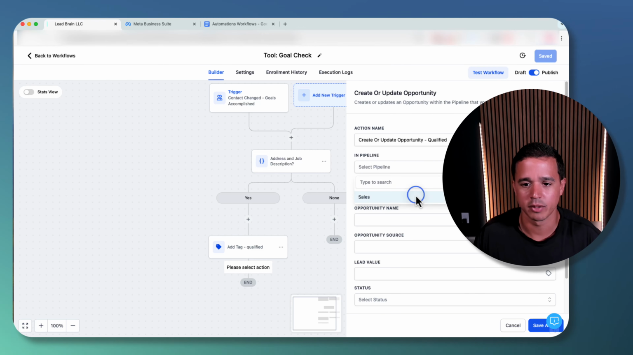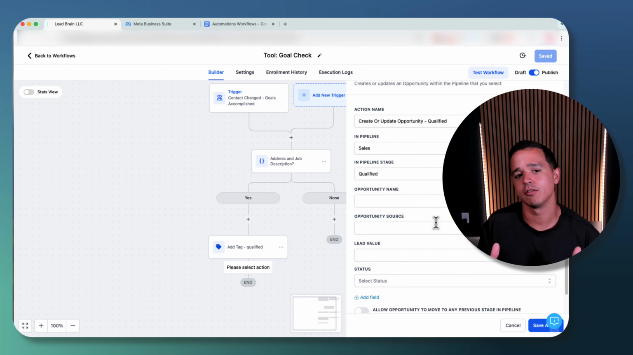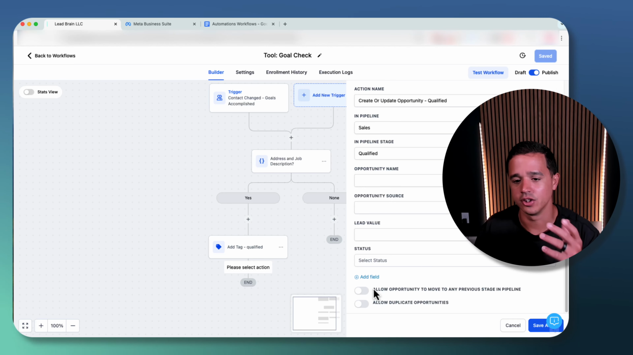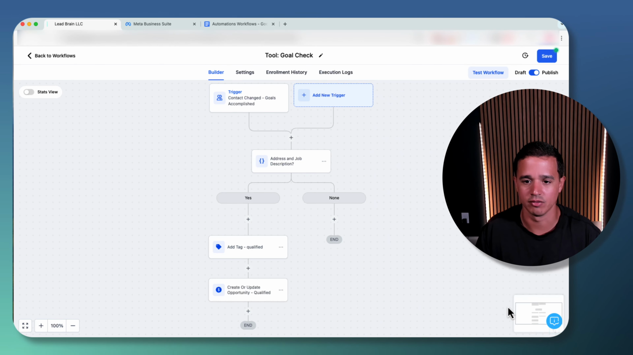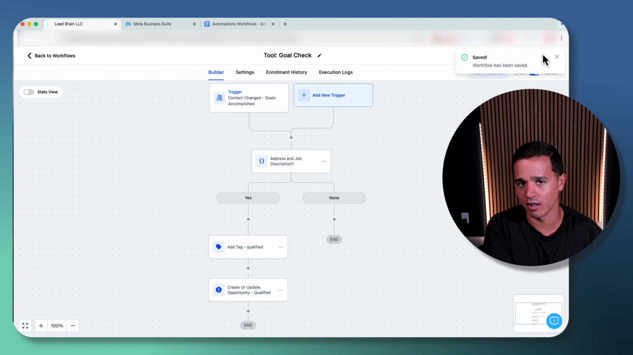This is in the sales pipeline, and we're going to change this stage to qualified. Now, we already filled everything out in the initial bot message, or in the initial lead intake. We don't have to fill this source and all that stuff again. The only thing we do have to do is turn on the move to previous stage and click save. Everything else will remain the same and carry over from the other opportunity because you're updating an opportunity, you're not